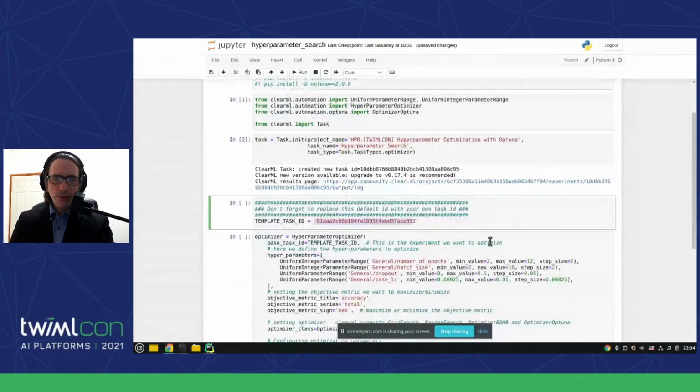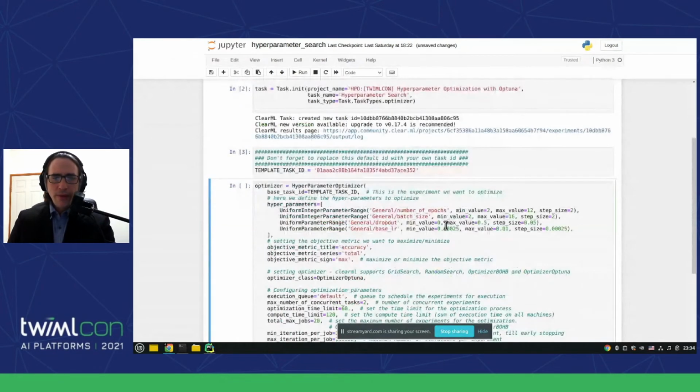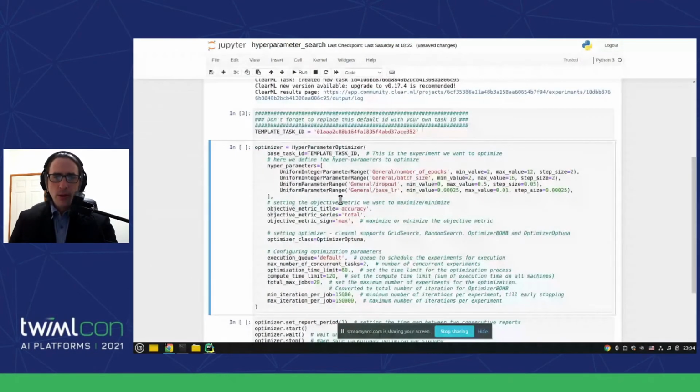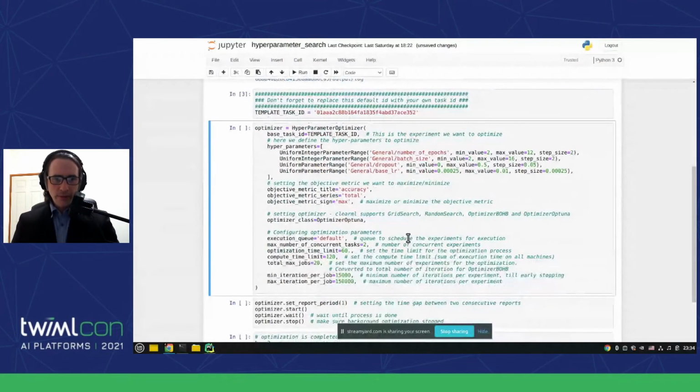Again, it was a Python notebook, and now it's a script waiting for me to run. So now I'm going to define an optimizer object. And the optimizer object is a rich interface into all the stuff that you need to do in order to do hyperparameter optimization. And if you can see, it's platform unspecific. The only thing that's Optuna based is only this part, where you can just define Optuna.